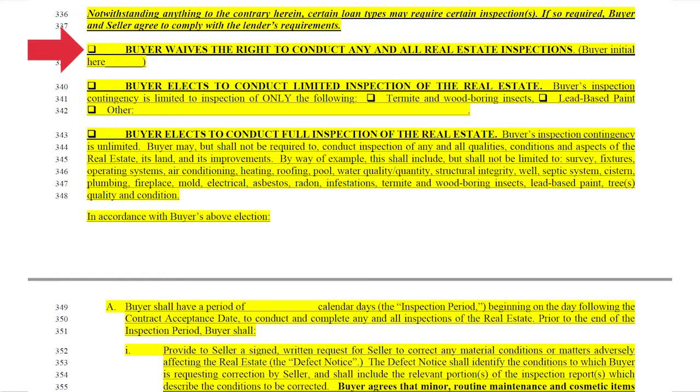The buyer has the right to waive the right to conduct the inspection. So they don't have to do this, but if they elect to do it, the next line says they can do a limited inspection, and this is where they choose one of the types here. They're calling that limited, so if it's going to be termite, wood-burning insects, lead-based paint, or you can write in another, so maybe it's an HVAC. But if it's not going to be a whole house type of general inspection, or you're reserving the